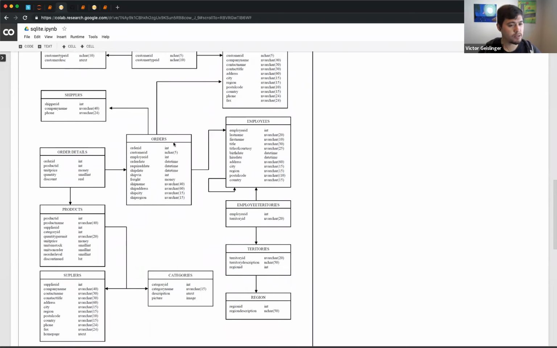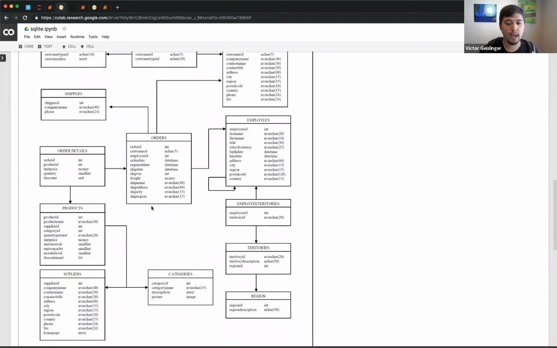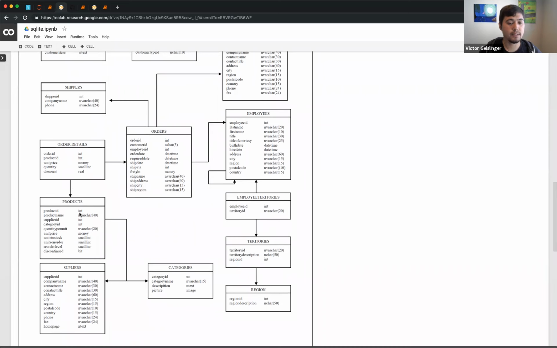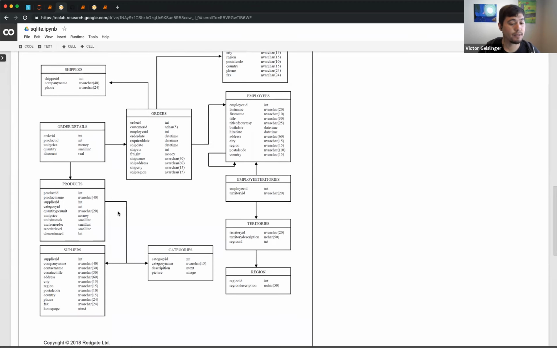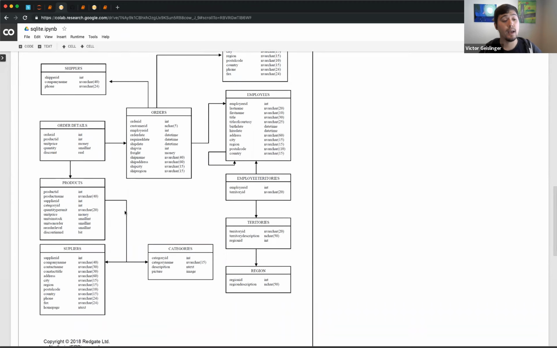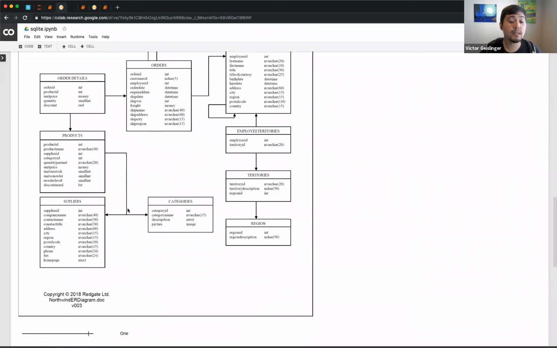So I would say definitely look this over, get the idea of how this would work. But usually what happens is that you see how these arrows just point to it, and you have to infer what's going on. For example, here has order ID, but here's order ID too. So that's probably how they're connected. But then we have product ID here. We have to go find that product ID here. It doesn't tell us how many relationships they have to each one, like a one-to-one, a many-to-many, or a one-to-many. So a lot of times I should say,